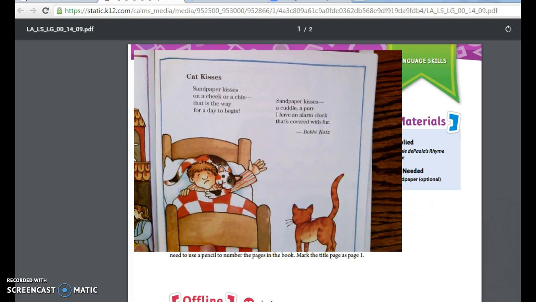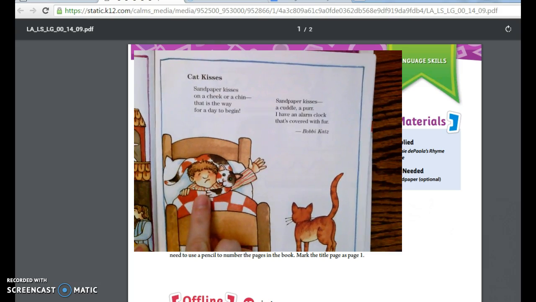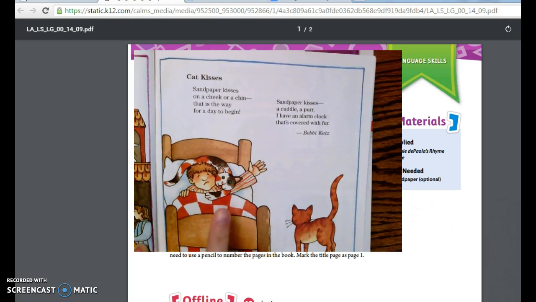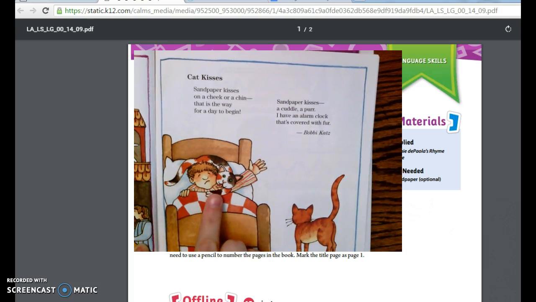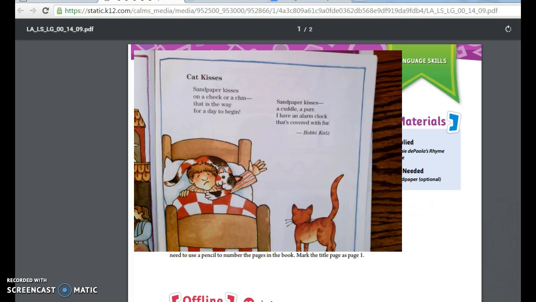So if you look here, you will see there's a little boy and he's lying in his bed. And I see 1, 2 cats in this picture. And this cat catches my attention because this cat is wrapped around the little boy's head. And if you look very closely, you'll see the cat's tongue is sticking out. And that cat must be giving that little boy kisses. So I always like to look at the pictures first to see and make predictions about what the poem is